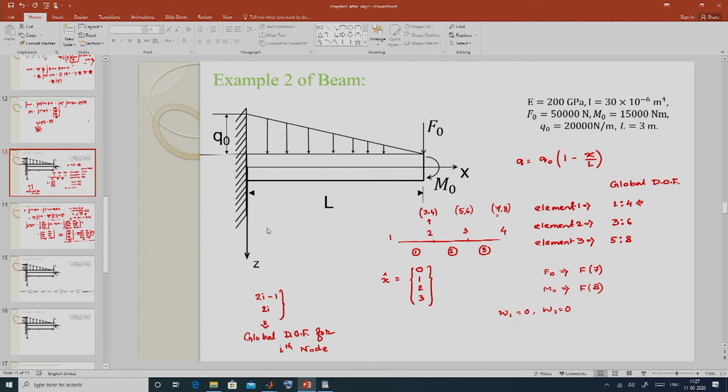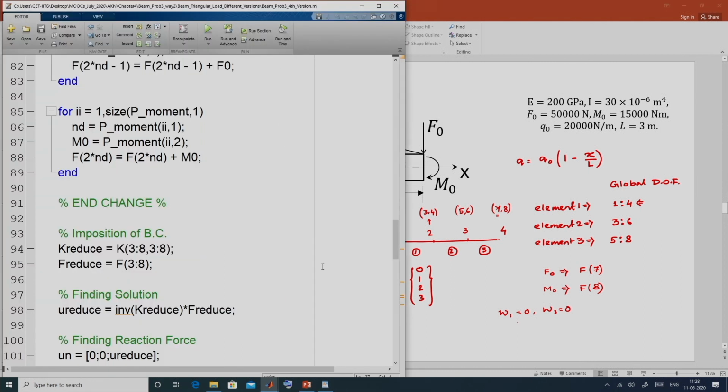For this problem, our boundary conditions are that the node 1 is fixed, therefore, our degree of freedom 1 and degree of freedom 2, that is deflection and rotation corresponding to node 1 are 0. If you see here in our reduced stiffness matrix, we have taken from 3 to 8, total degrees of freedom are 8 because there are 4 nodes.